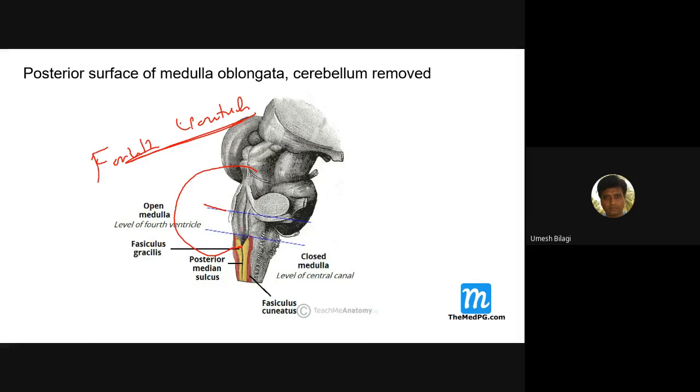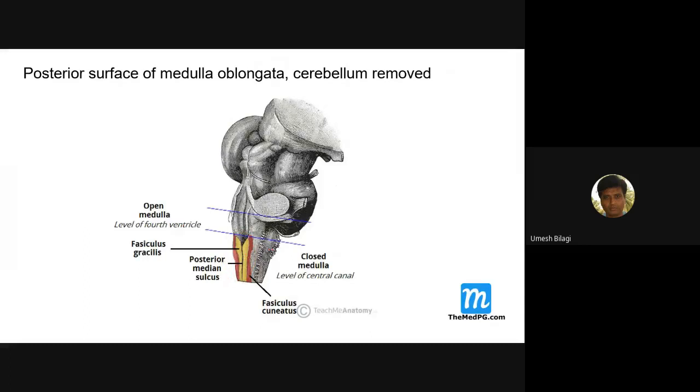As you go down, this fourth ventricle will become a central canal. And that goes into the spinal cord. Okay, echo. Just avoid that echo. The fourth ventricle becomes the central canal there as you go down. And I was telling you about the posterior column here. It has been shown here, so you can see it nicely.